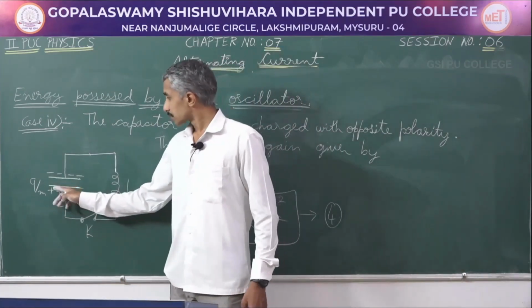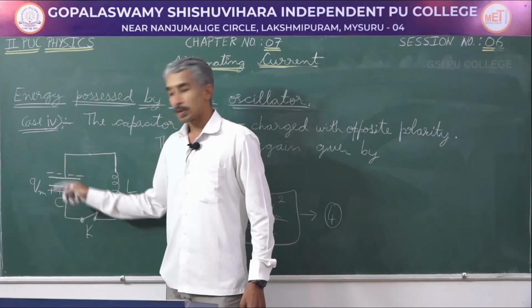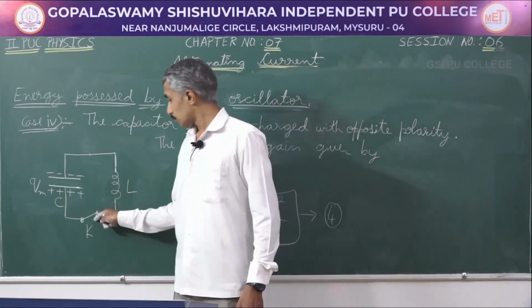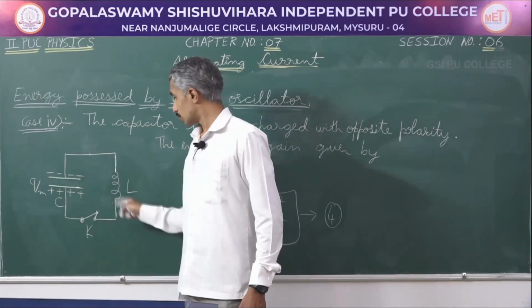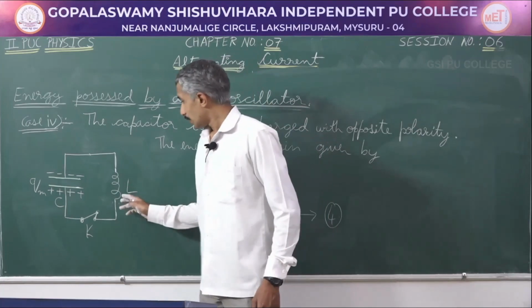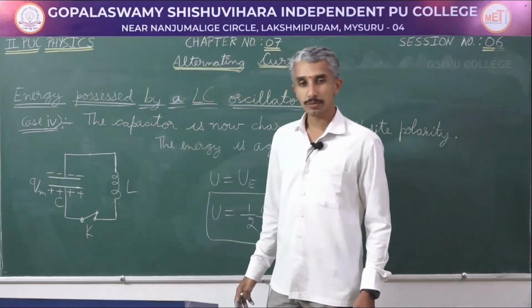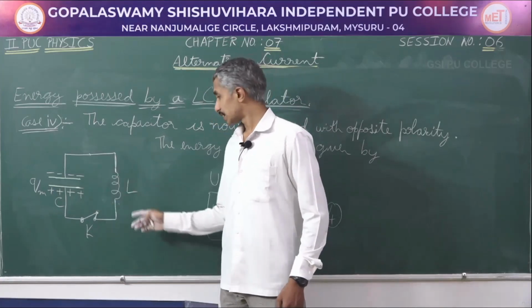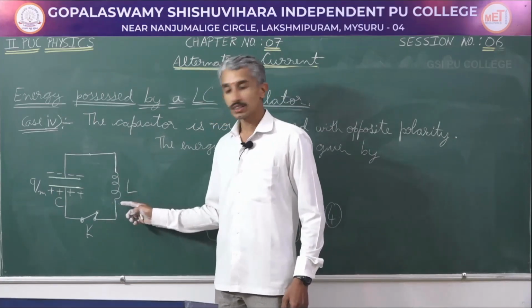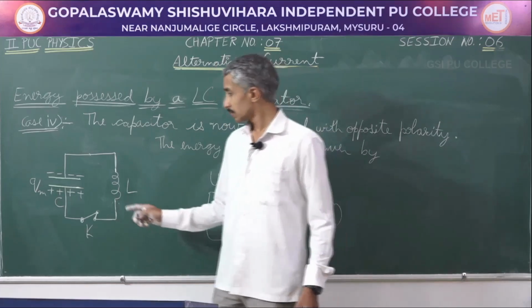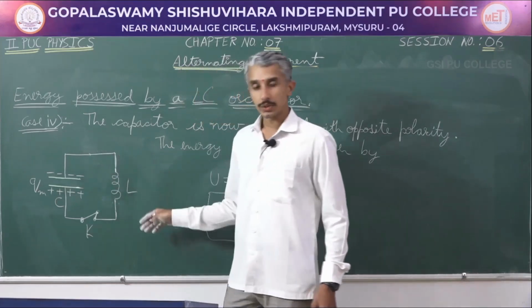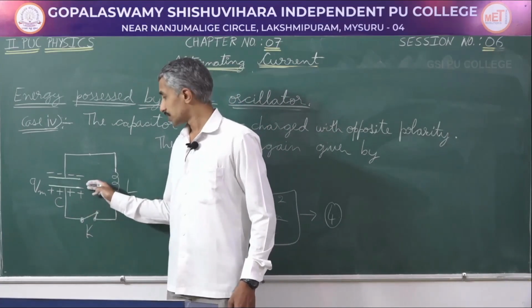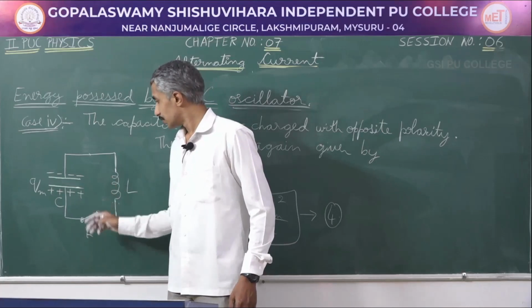Initially, the capacitor had positive charges on the upper plate and negative charges on the lower plate. When we closed the key, the charges started to flow through the inductor, and in between we came across a situation where the capacitor was completely discharged and all the energy was magnetic in the inductor. The charge flow continues further and results in the capacitor getting charged oppositely than in the first case.